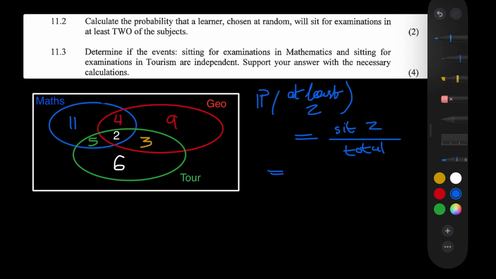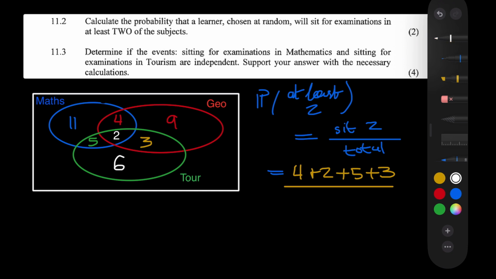So we know that the number of students that sit for at least 2 subjects is simply the addition of this entire space over here. We have our 4 plus 5 plus our 3, but also plus our 2, because if we have students that sit for all 3 subjects, they still qualify as those who sit for at least 2. So basically the minimum amount of subjects that you must sit for must be 2. So that includes students who do math and geo, math and tourism, geo and tourism, but also all 3 subjects, you see. So we're going to have 4 plus 2 plus 5 plus 3 divided by the total number of